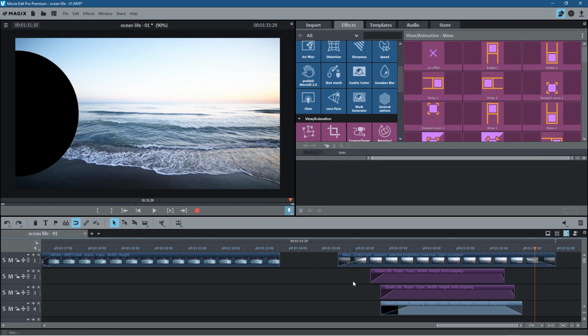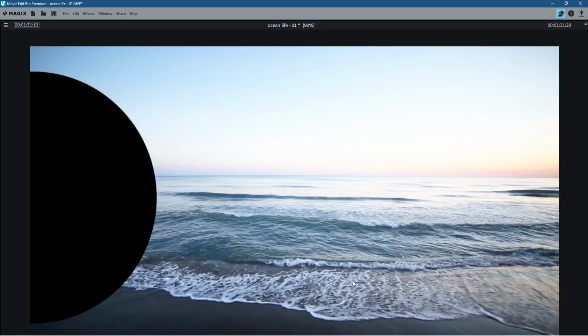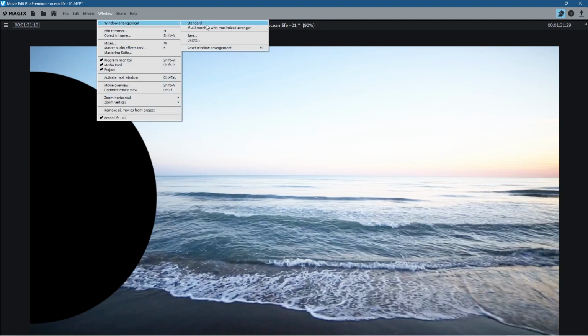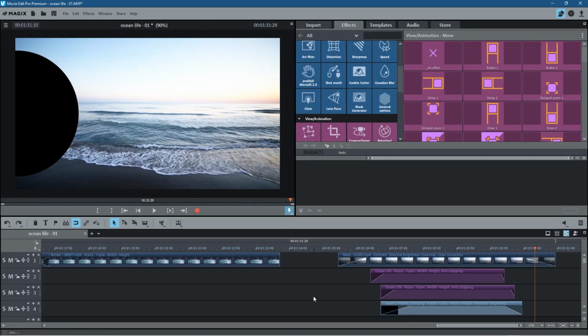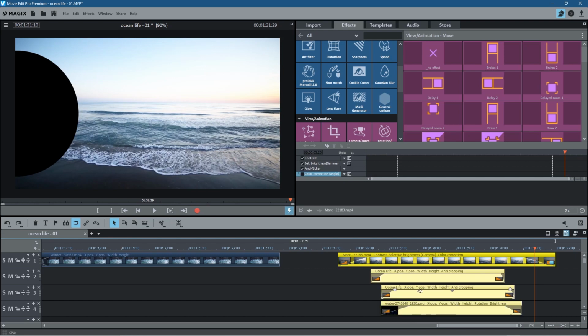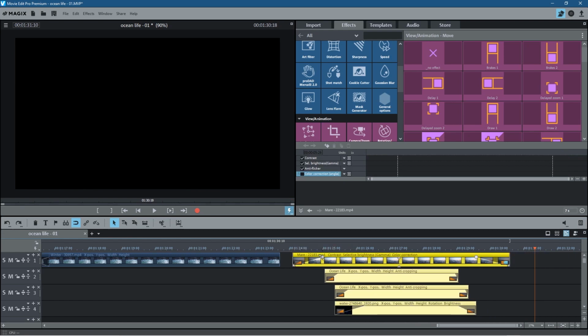If you ever press Control G and all this craziness happens and you don't know what's going on, just go to Window, Arrangement, and click Standard, and you'll be back to your interface again. Sometimes I do that Control G by accident and then I end up with that window. I don't really want that, so let's select all of these, press G to group them, and then let's get rid of this